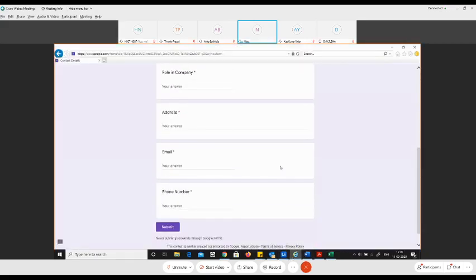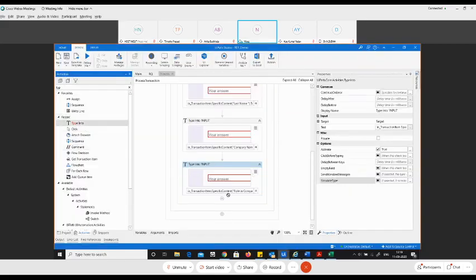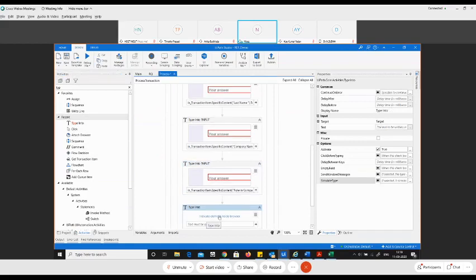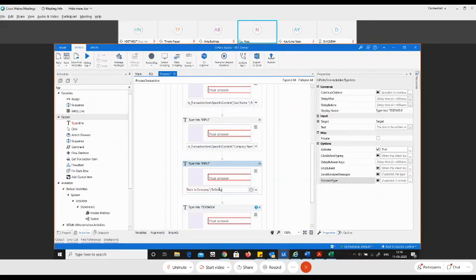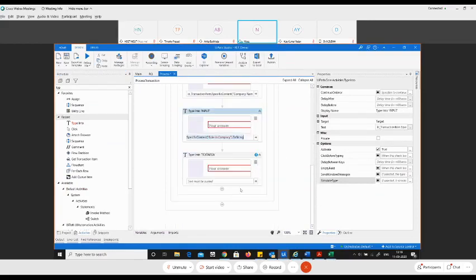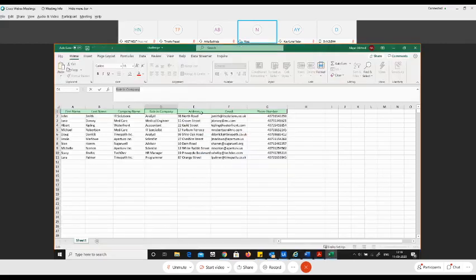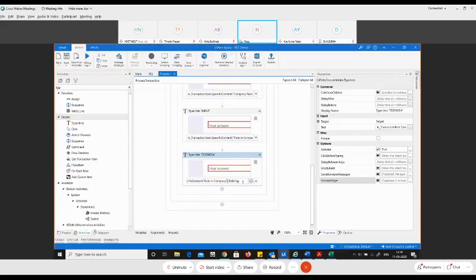Awesome. Now what do we have next? We have address, email, and phone number. Let us go ahead and do that. Drag and drop. This is going to work for address. We'll use the same value, that is TransactionItem dot SpecificContent again, and let me copy the name from the Excel sheet. Address. Perfect. There you go. Let me paste it over here. I hope this is making sense to each and everyone. Let us go ahead and do the next.